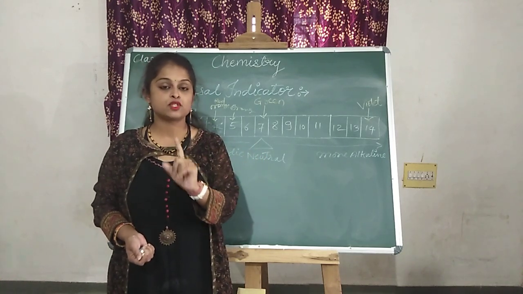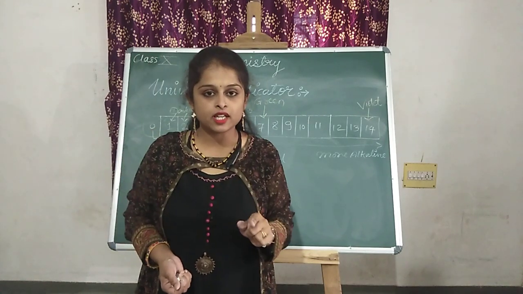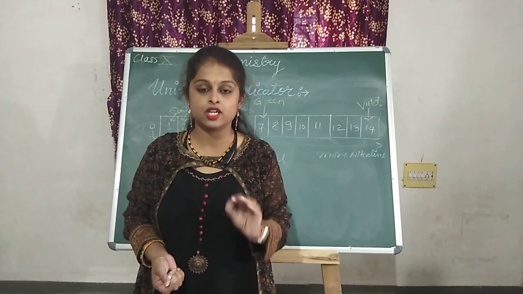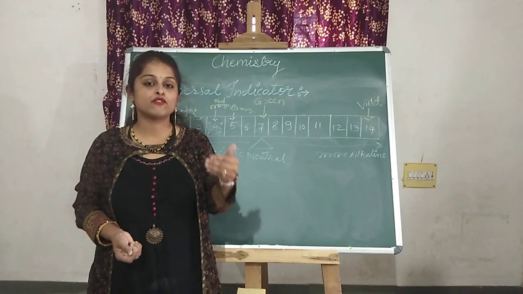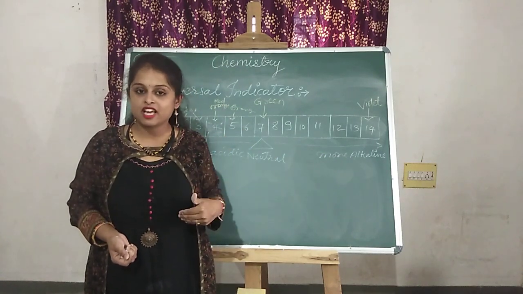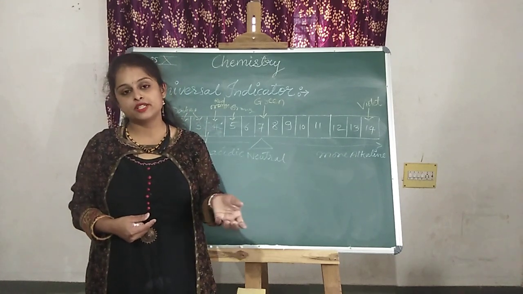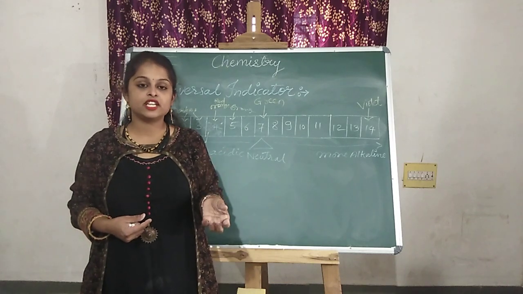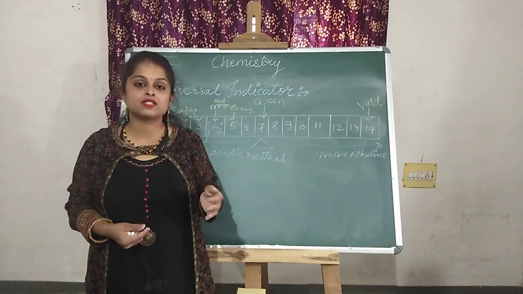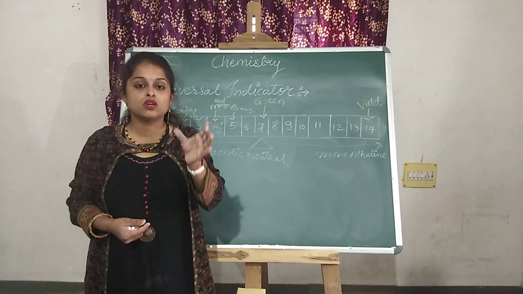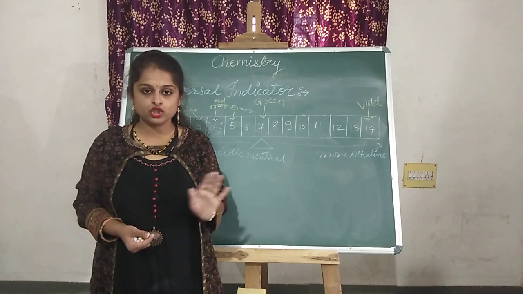So if after performing the experiment the substance shows the green color, it means it is neutral in nature. If it shows orange color, it means the pH is between 4 and 5 and 6. It means they are weakly acidic. If it shows the dark red color, it means it has a pH of 0 or 1. It is a very strong acid. If it shows violet color, it means the pH value is 13 or 14, so it is a strong base in nature. Are you getting the point about the universal indicator?